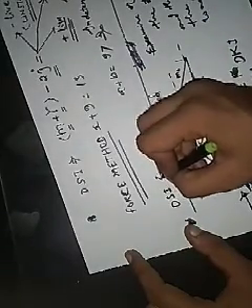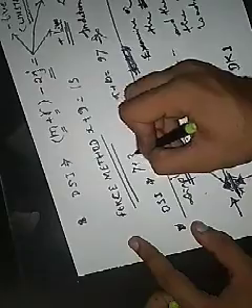These are 7 members with the joints 1, 2, 3, 4, 5, with 5 joints, and support reactions are 3. So M plus R minus 2J will be equal to 7 members,